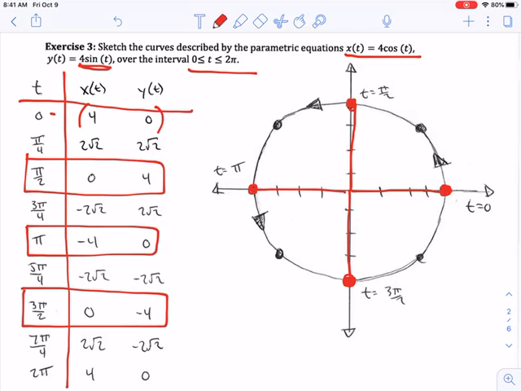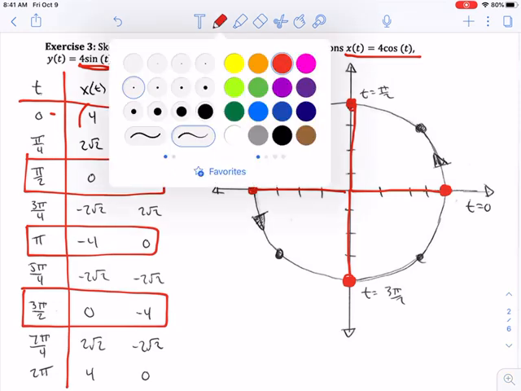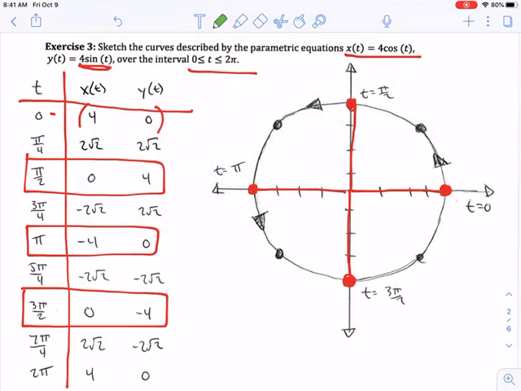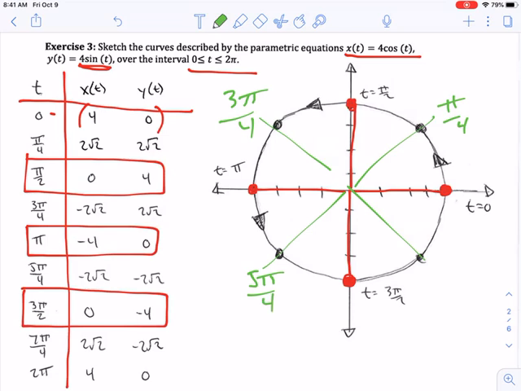So what I chose for my next points in between these was the halfway point, splitting each of these quadrants in half, which is pi over 4. And then, of course, we have 3 pi over 4, and then 5 pi over 4, and then 7 pi over 4. And so the sine and the cosine of pi over 4 are all radical 2 over 2,